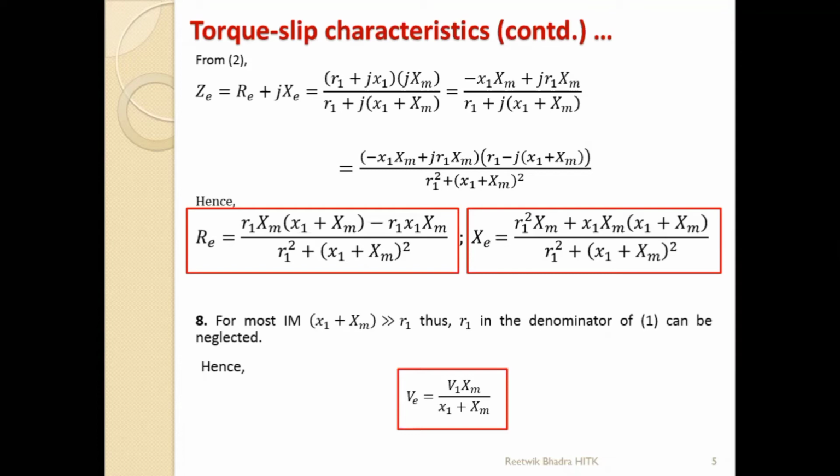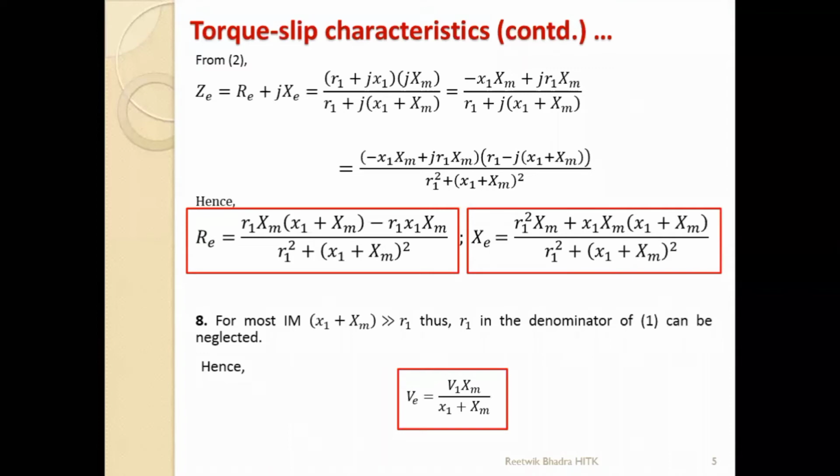Up to this, anybody doubt? Calculations normal, just multiplication. Keep your idea that J square is minus 1, and wherever it comes, minus minus becomes plus. Separate your real part and imaginary part into RE plus JX. In a step by step problem the solution is done, and separation you can do directly. I have not written any step over here. Directly you can multiply each and every term and write this equation like this. So this is how we form our ZE, that is equal to RE plus JXE, and we have separated R and X.